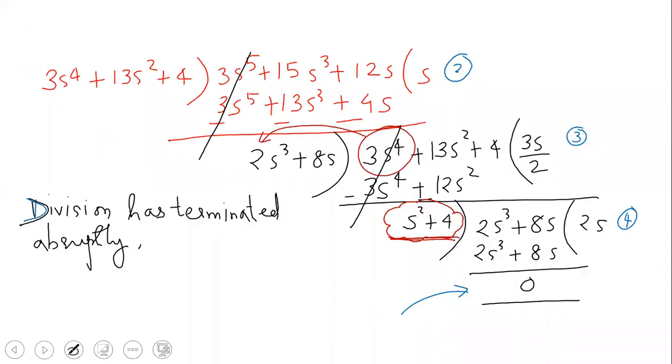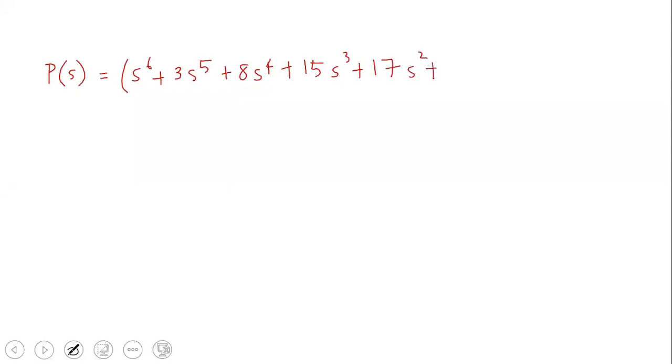So we'll write it as P of S is equal to S raised to 6 plus 3S raised to 5 plus 8S raised to 4 plus 15S cube plus 17S square plus 12S plus 4, into, you have the factor, and that this entire polynomial